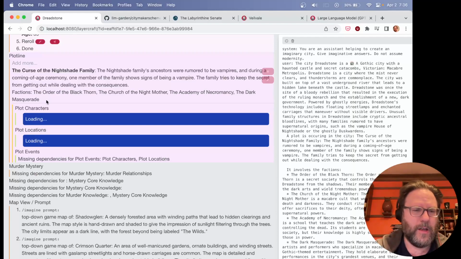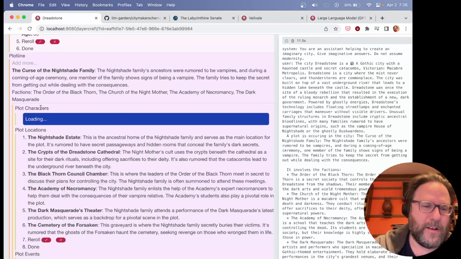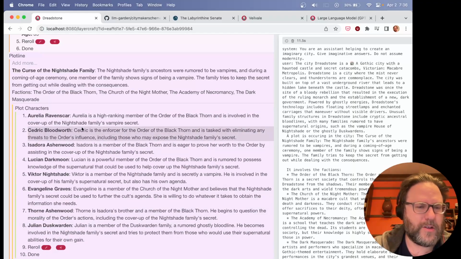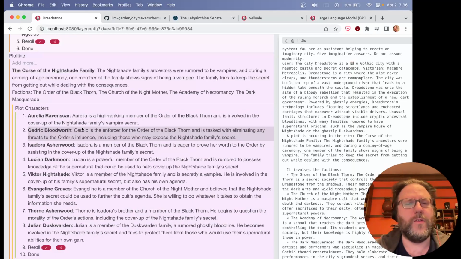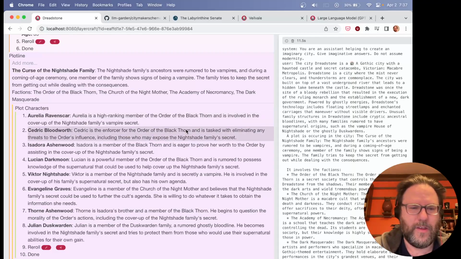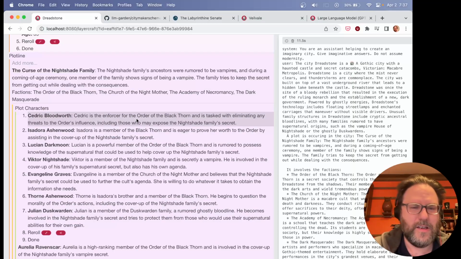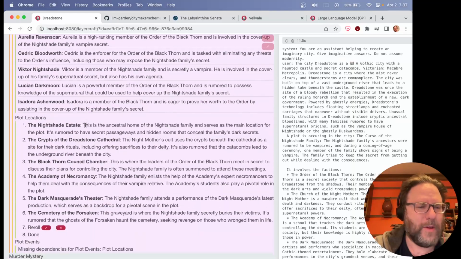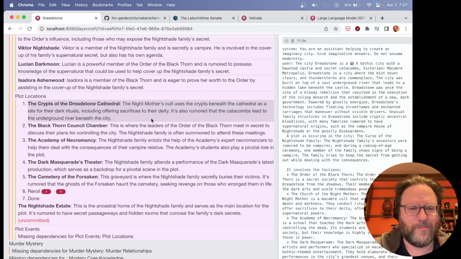And then we're going to have a list of candidate characters and locations related to the plot. These characters are pulled from the ones that we've already created, but it can also invent new characters that are useful for this particular plot, which I think is a nice pattern to have, right? You want to reuse people, but when you want the right kind of person for the right kind of place, you pull them in. Someone's covering up a secret, an enforcer, a bunch of different people who are doing things. Then we have locations. Locations aren't that interesting.